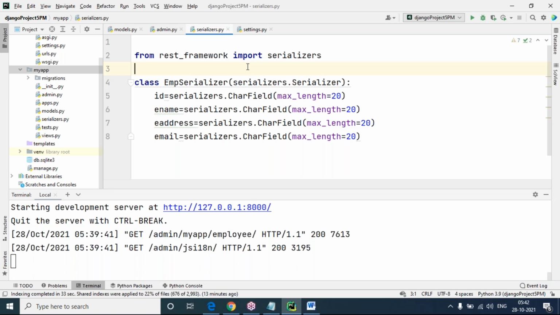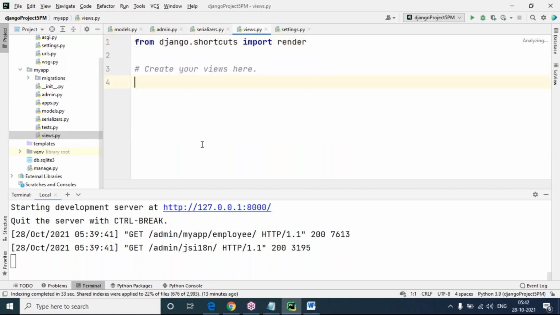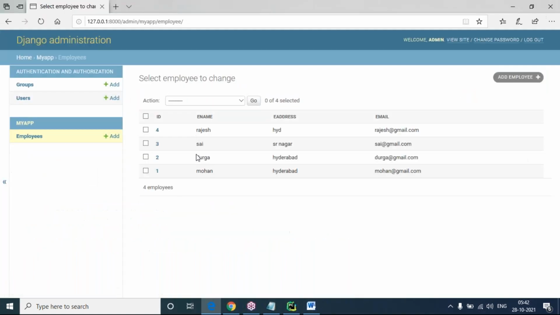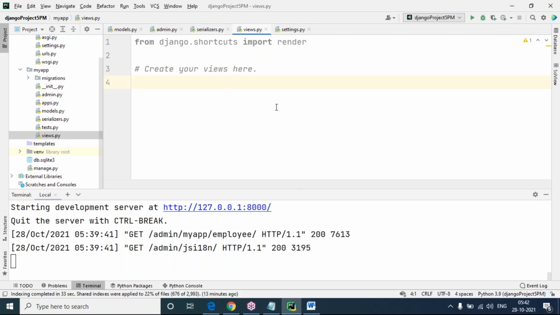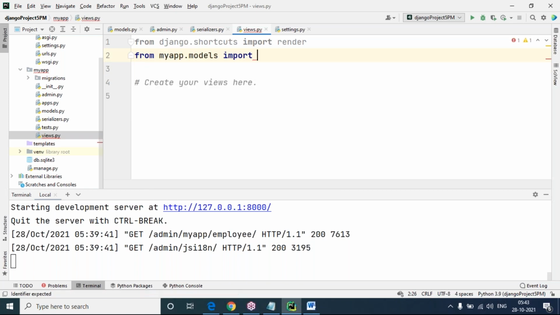After completion of the serializers class, what I need to do is go to the views function, views.py. So let's go to views.py here. In views.py, what do I need to import? I have to render these model instances, which are available in the admin panel. The data is coming from all these records. I'm going to render it into JSON format, which is going to be displayed to the end user. To do that, first I want to import my model. In views.py, how to import the model? What is your application name? From myapp.models import